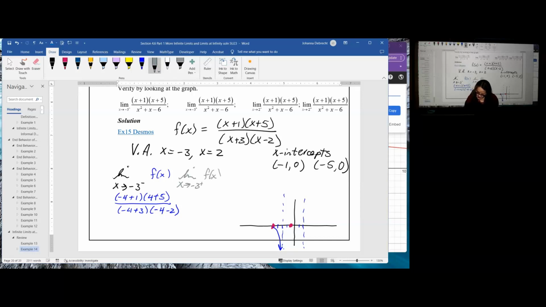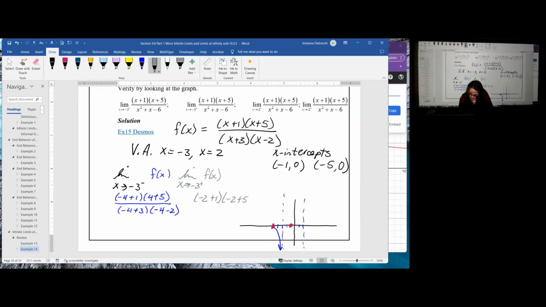Again, I need to take a test point, but it has to be close to the vertical asymptote on the right and not beyond any x-intercept where the graph could have changed sides. I have an x-intercept at -1, so I need to choose something between -3 and -1. So I choose -2. Now I test -2 in the function to find out whether the y value there is